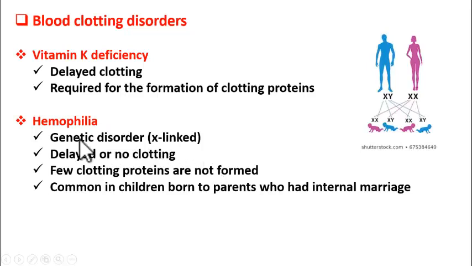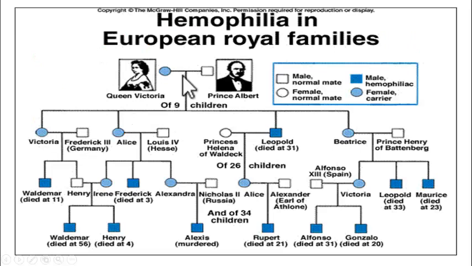Got it? Now, one interesting thing about this hemophilia is it is called the royal disease because this was suffered by royal families of Europe. The Queen Victoria, she had this gene and passed that gene to her descendants. Of course, she did not suffer because she had only one gene in X chromosome, and in the other X chromosome, the gene is fine. So, she is a carrier. She passed that to her descendants, and her son actually died at 31 years of age because of hemophilia.